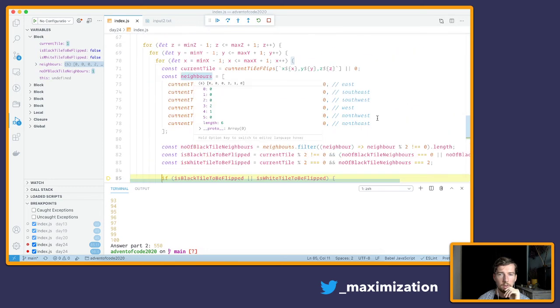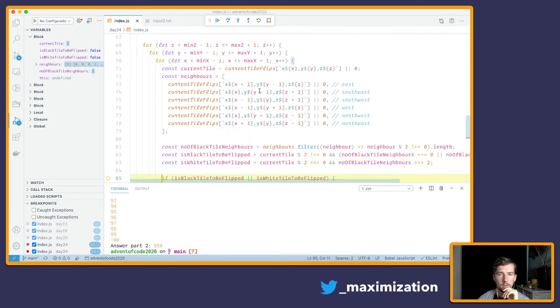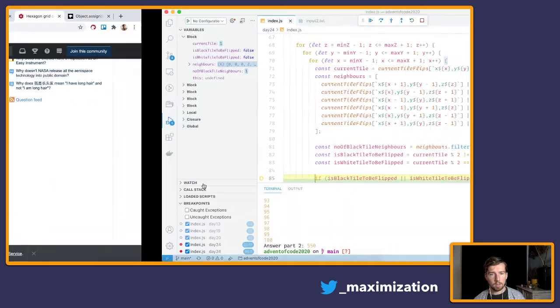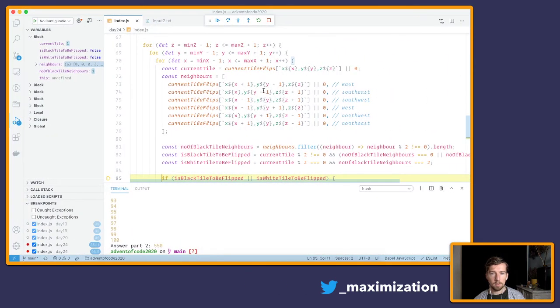I think our neighbors are right. I don't think I need to check through them again. Maybe I can, really quick. Southeast, we go southeast, axis stays the same. Z increments by 1, y decrements. That's correct. Southwest,